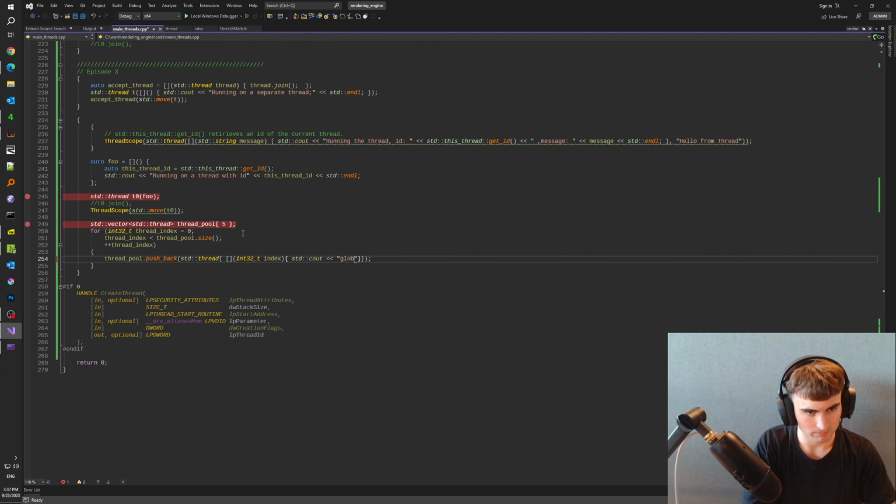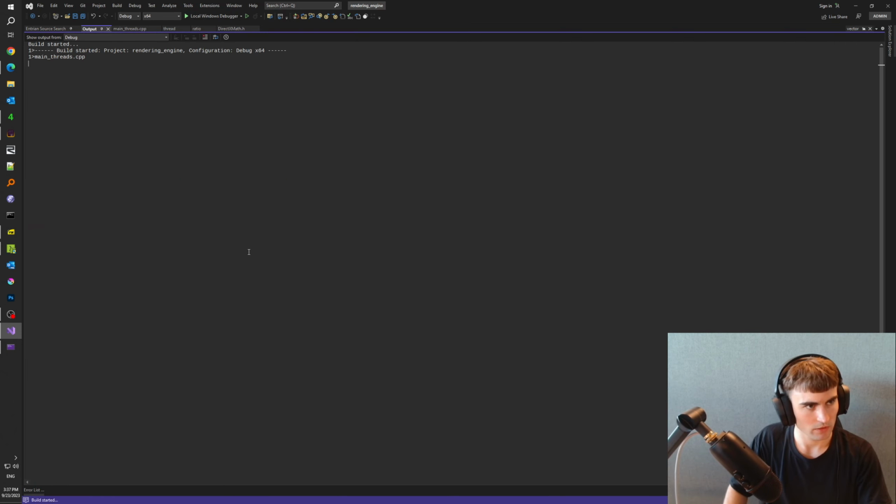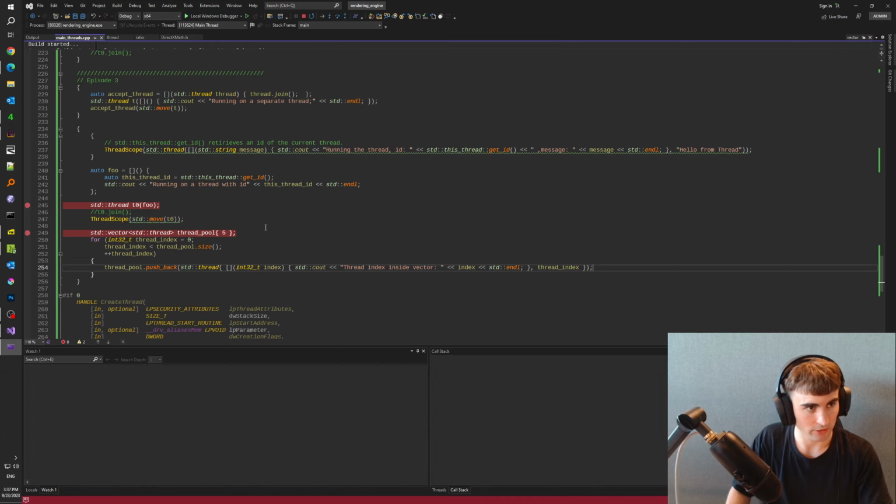Global thread index inside vector. And we print an index, and that's fine. And we specify the thread index as well, right? And then we push all of them, and definitely we are not joining, so we have to